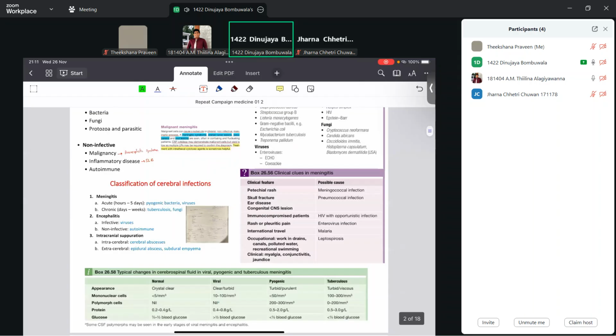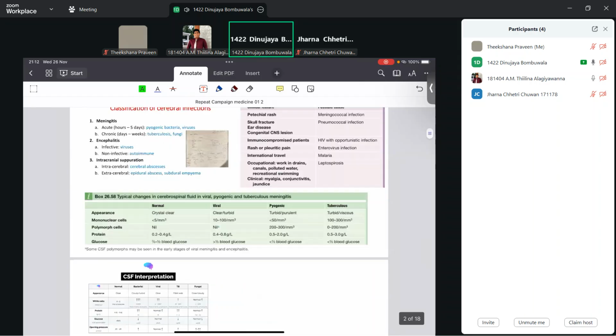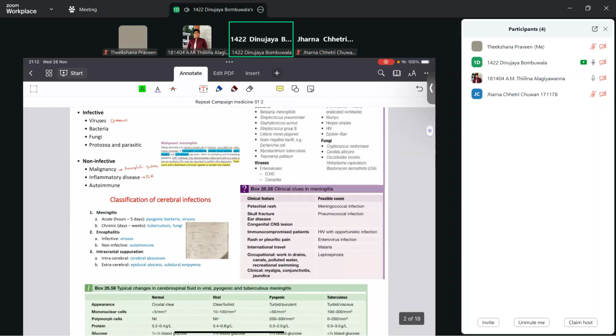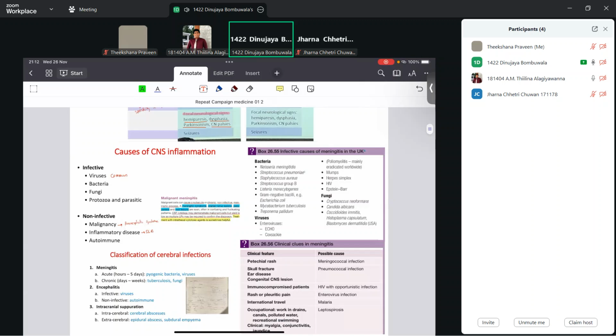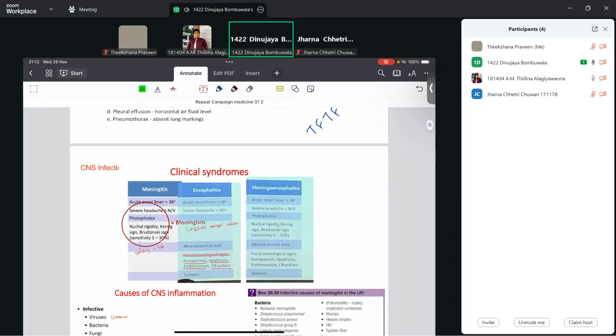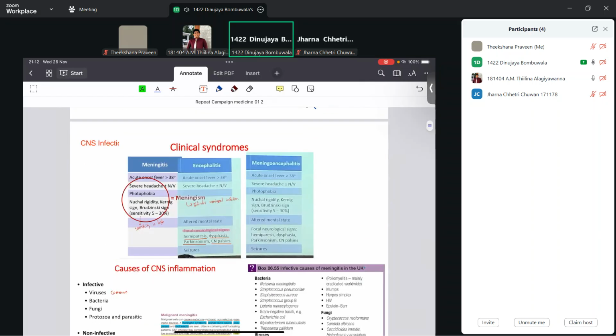Chance's selection notes are very much better for the neurology questions. He has covered almost all the topics with almost all the MCQ points as well. So if you have time, and even if you have no time, it is better to go through those lectures at least once if possible, because he has given all the MCQ topics and points.